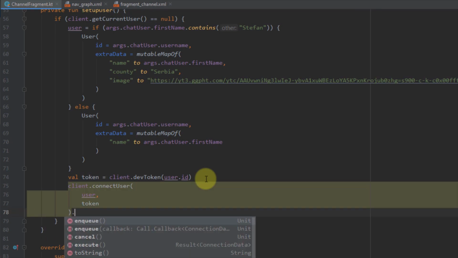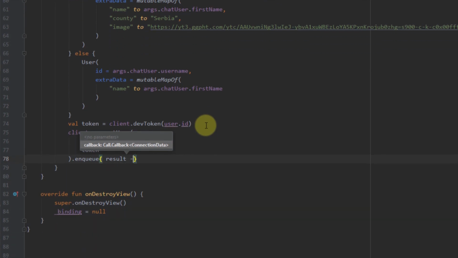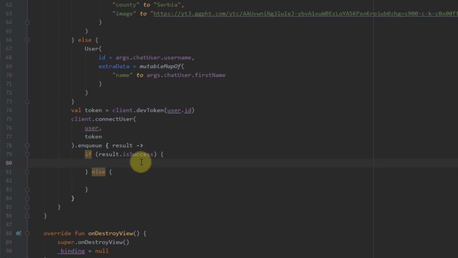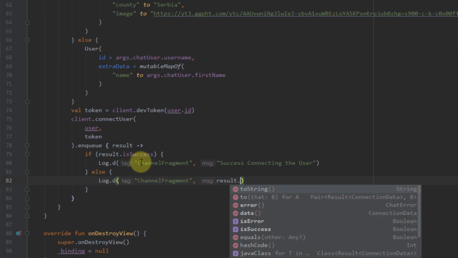And of course here I want to call enqueue, and here I want to just check if the result is successful or not. So if the result is successful, then I can just display a simple log, and here I can display a simple message, for example, success connecting the user. And in else case I can just display another message, for example